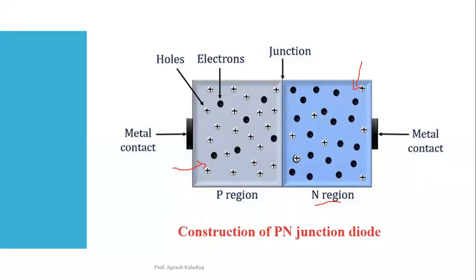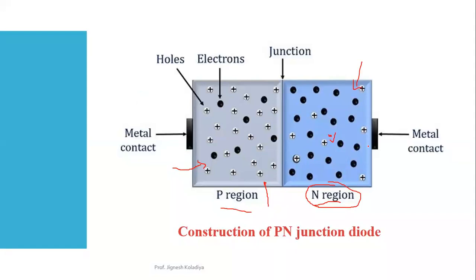And over here we have deficiency of electrons, that means the presence of holes, right? So majority charge carriers are holes. You can see this positive sign, this is for hole, and these black dots are electrons. It doesn't mean that in n-type region we do not have any holes. Here also holes are there, but that is very minimum, so we can say that they are minority carriers. Similarly, in p-type region electrons are also there, but very few, and that is termed as minority carriers in p region.